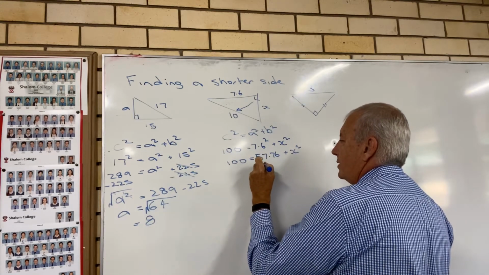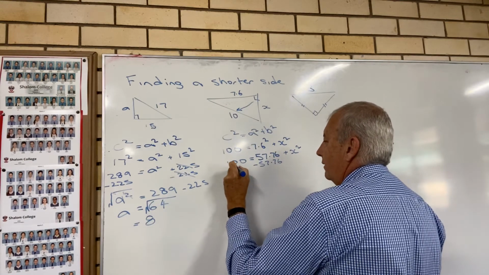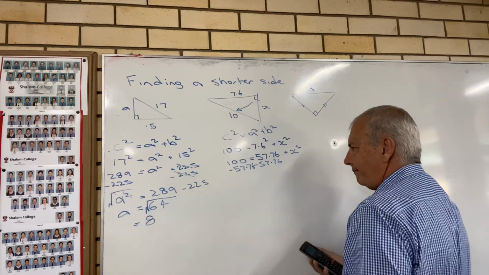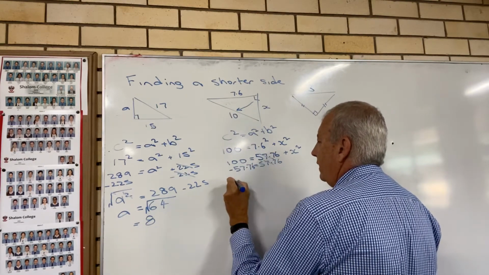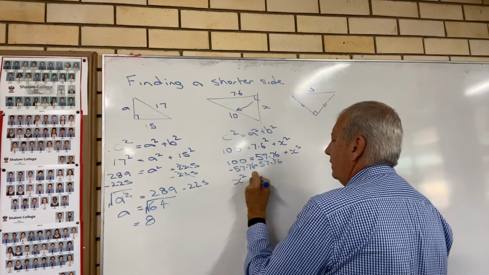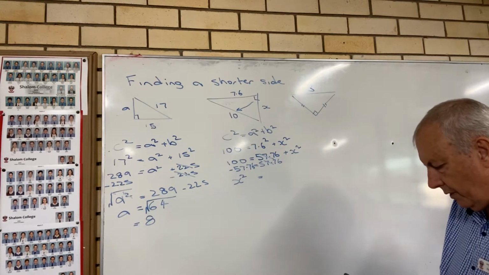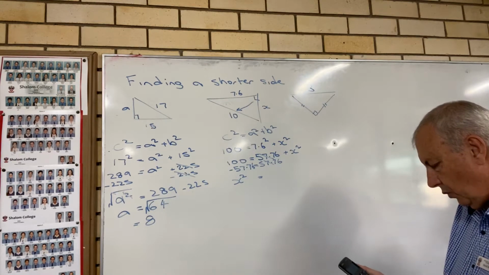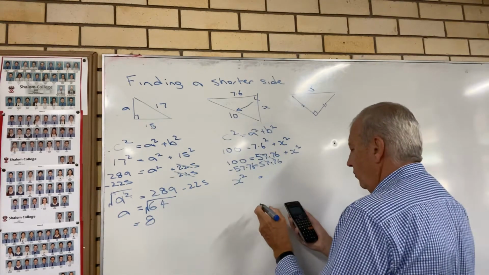Again, if we're going to subtract 57.76 from this side, we subtract it from this side as well. They cancel one another out. We're left with x squared equals the value 100 minus 57.76 equals